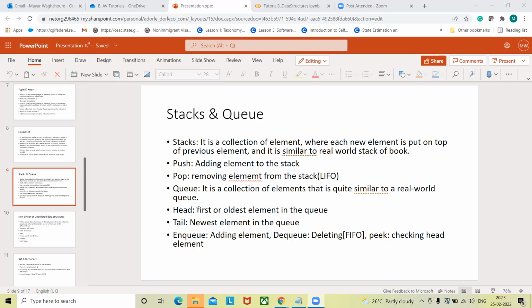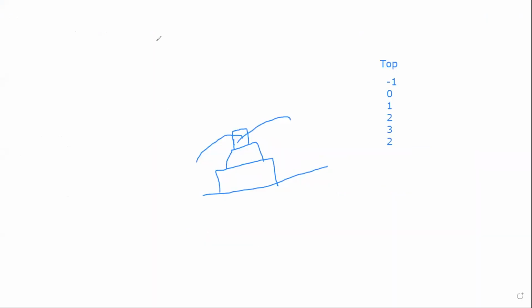The process of adding an element to the queue is called enqueue, and the process of removing an element is called dequeue. Dequeue will always happen in FIFO fashion. So if we consider this to be a queue,